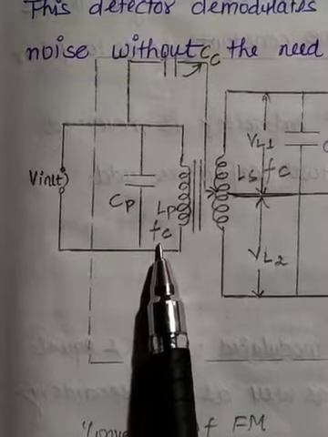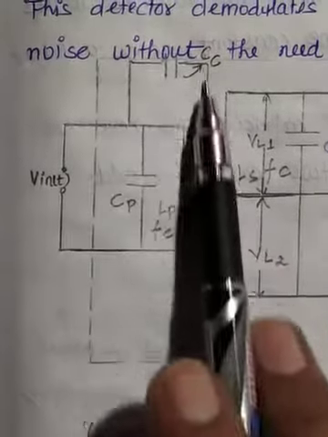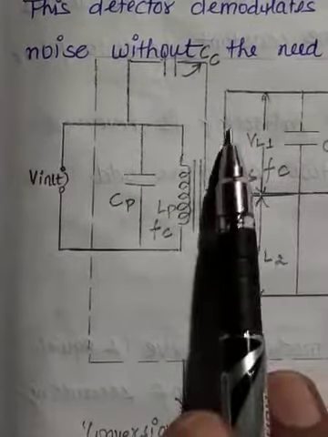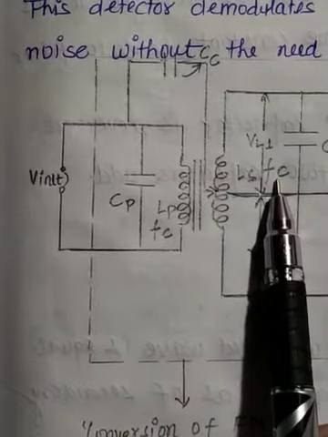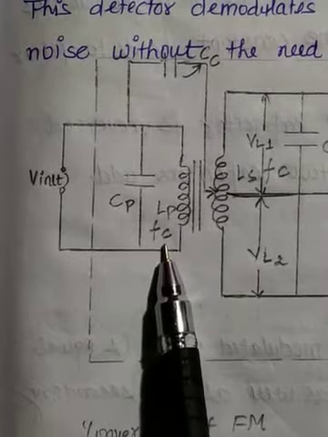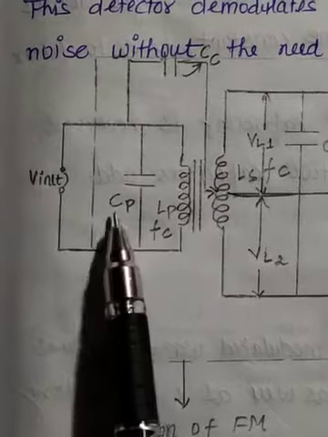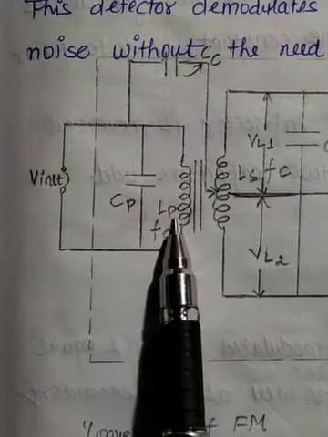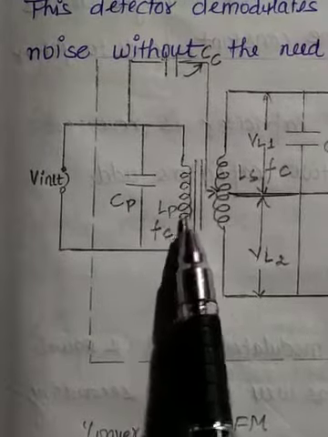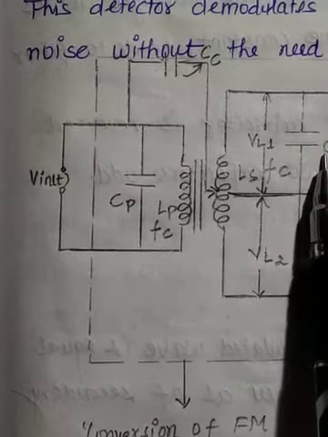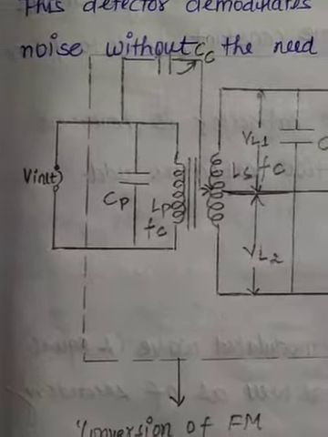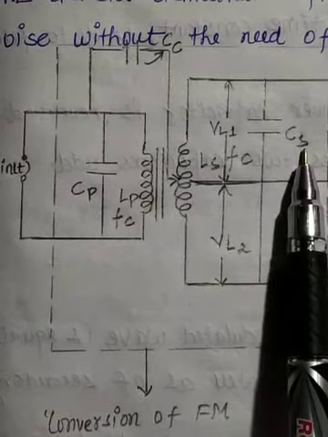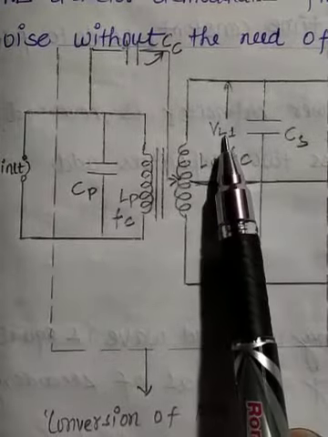and tuned at a frequency Fc. Okay, and because of this coupling capacitor Cc, the secondary of the transformer is also tuned to the same frequency Fc, that is the center frequency. Okay, and this is the primary of the coil. This is the capacitor which is located in primary. This is LP, inductor of primary, and this is a capacitor which is employed in the secondary. This is the capacitor CS which is employed into the secondary of the transformer, and this is the voltage VL1,